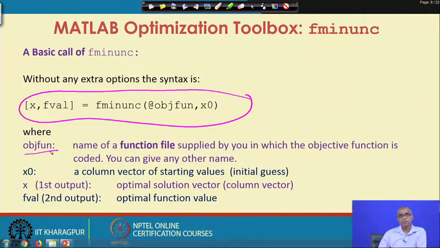It is not necessary that you have to give only this name, you are free to supply any other valid name. x0 is the column vector of starting values, that means initial guess.